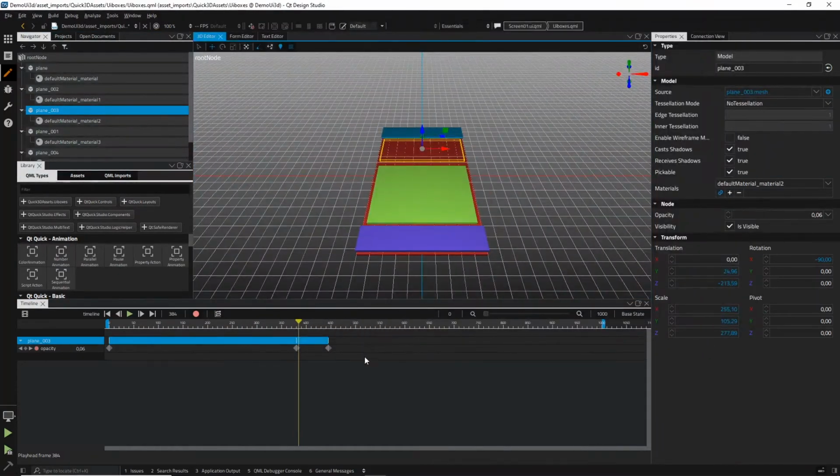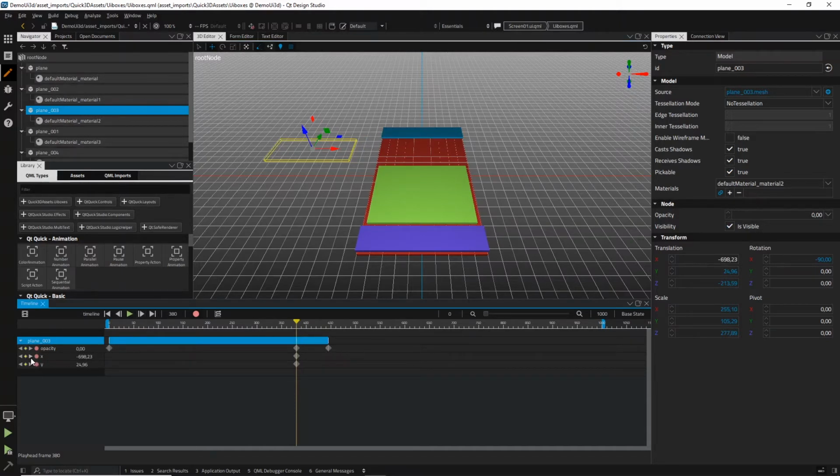Now we can animate the translation. For that I go to the first keyframe where basically I want to start the animation. I drag it out. So now I create keyframes here. And then I can use this here on the left if I click it. So basically we'll always go to the next keyframe of this property. For X and Y nothing happened because there is no next. But for opacity I jump directly to the next keyframe so I don't have to manually worry about snapping. So now